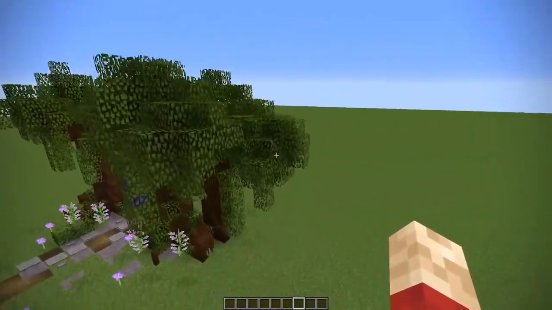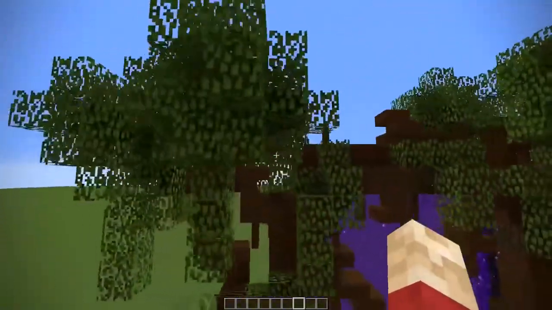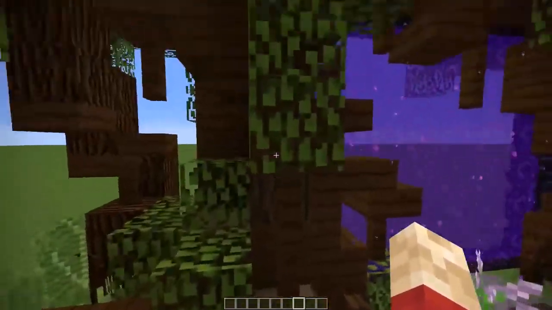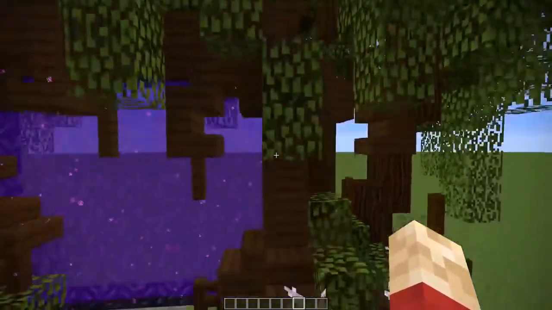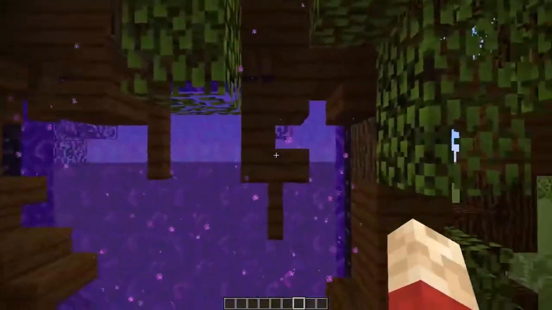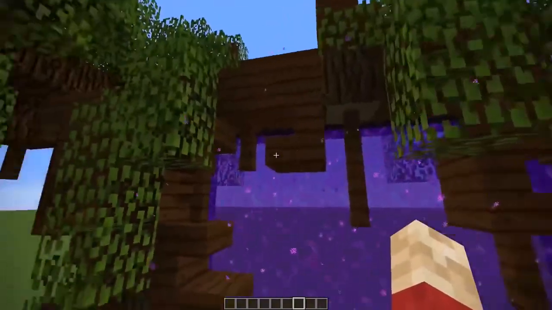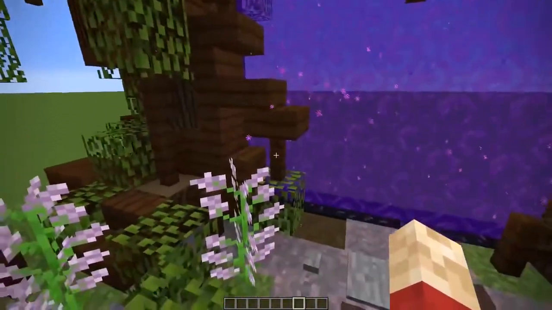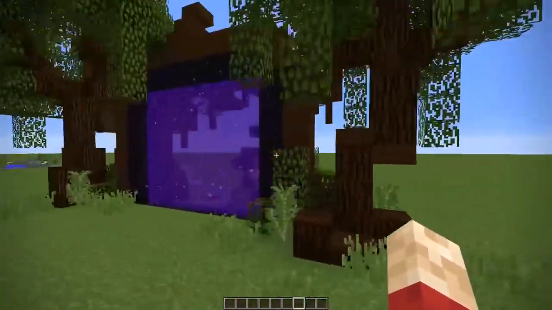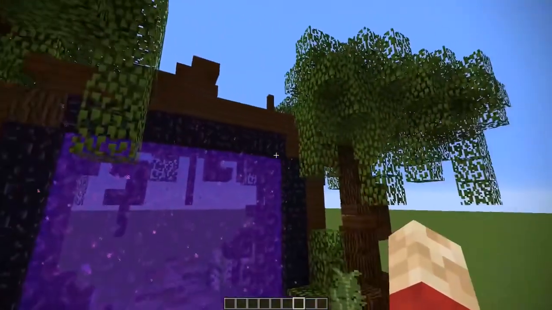You basically form a trunk, but make sure it's got a bit of curve in it here and there, and a couple of staircases, and spam leaves to your heart's content, making sure that some of them droop over. The main thing about this portal is the border, and the little details that we have overhanging into the purple portal itself. All of these staircases and these fences protrude inwards and make it look like even the wood is growing over it. On the back, we haven't covered it up so you can see how it's inset inside of